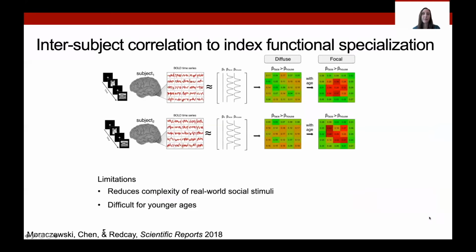And while this work is important for precise stimulus control, and I use these approaches in my own work as well, there are limitations in our understanding of the development of the social brain. So primarily, as mentioned previously, it's unclear the extent to which these findings generalize to the complexity of social processing that we might encounter in everyday life. There's also limitations on the age at which children can be scanned